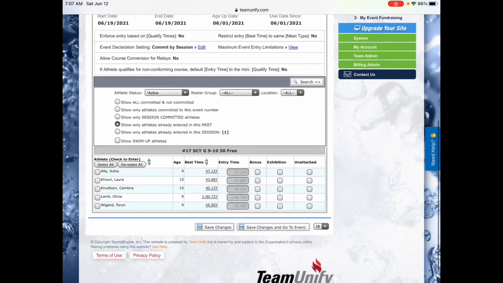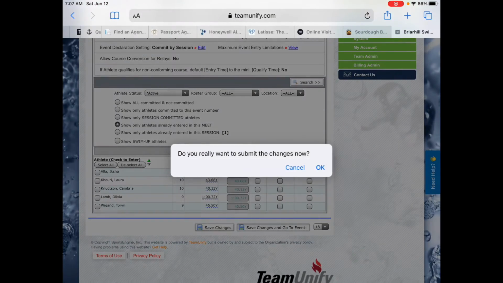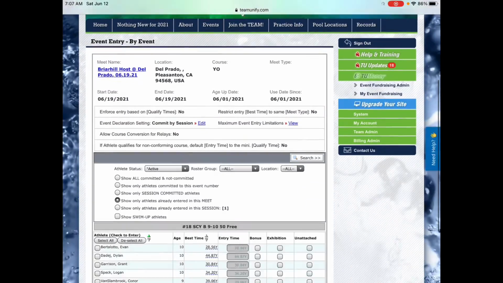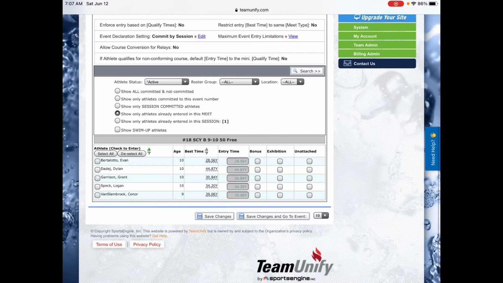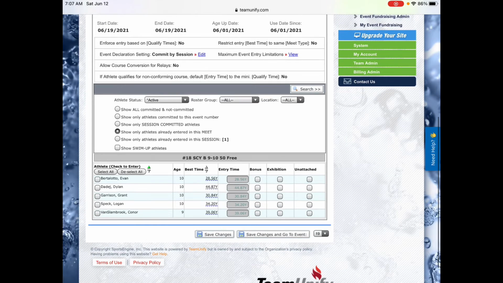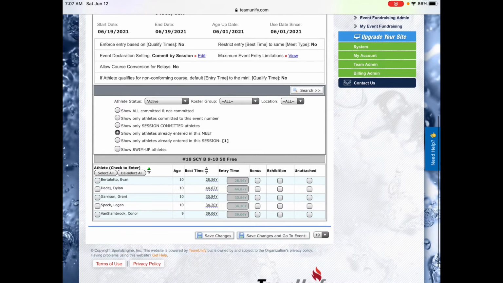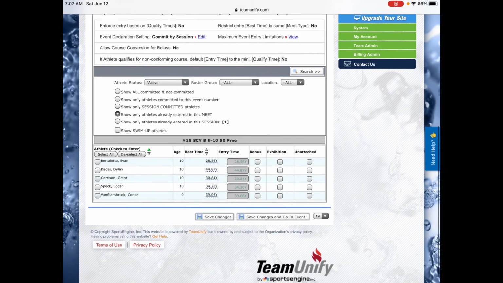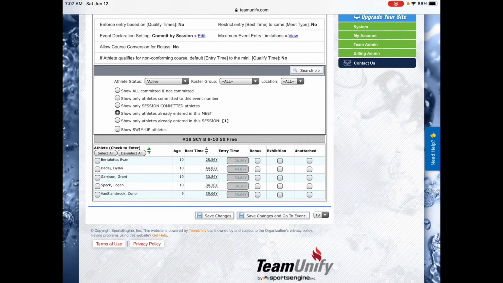Then you can save and go to the next event if you want to see the boys. Now you're going to see the boys who have committed so far. Again, there'll be more still yet to commit, but you can decide who's going to do it. You can go into each and see if you commit someone to too many events. They can only be in 3 individual. If you put someone in 4 individual, you're going to get an error when you do it. So that does help if you accidentally put someone in too many things.